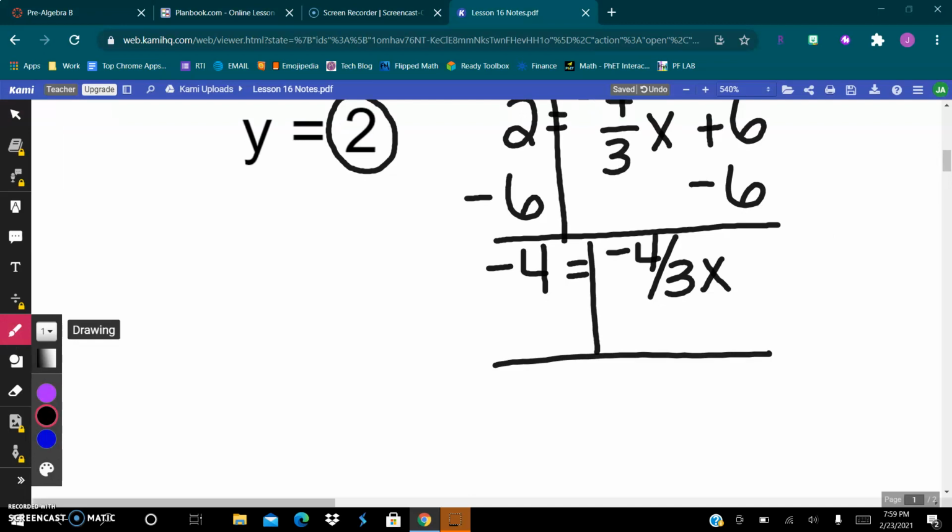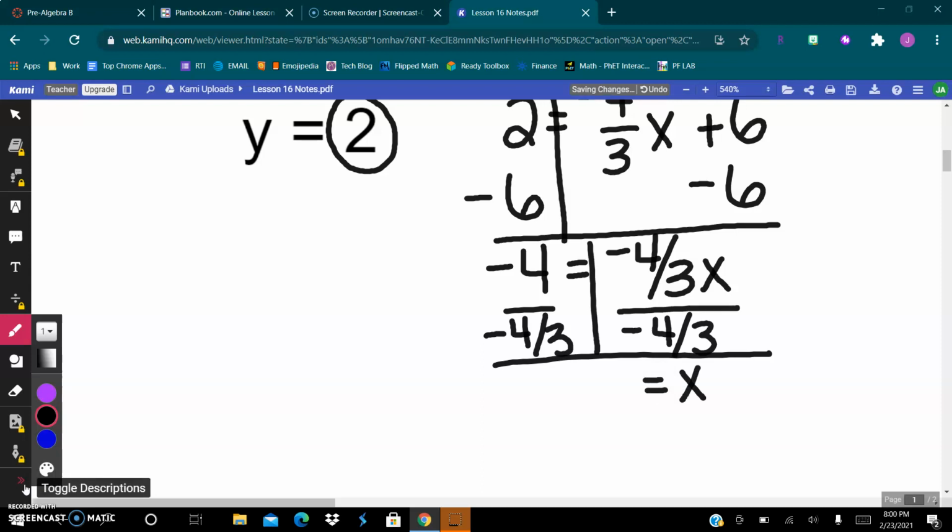And then we have to divide by -4/3. So x is left on this side. And remember, when we divide with fractions, we do keep, change, flip. So we're keeping the -4, the first number, except for we're making it a fraction. We're changing the division to multiply, and we're going to flip the -4/3. So it's going to be